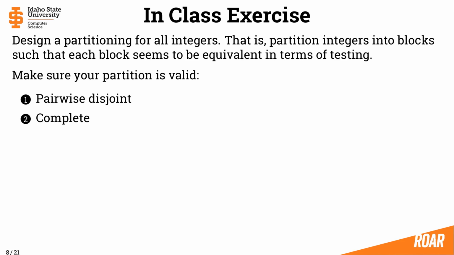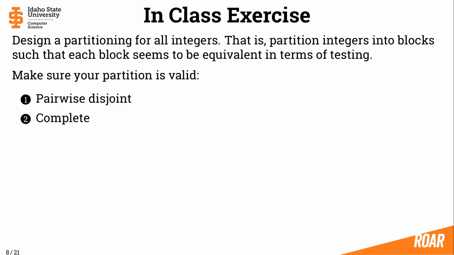Another approach might be to think of it as, well, how might we break these down? We could also think of even and odd, right? Negative and positive are characteristics of integers. Another characteristic might be even or odd, okay? Now, we break that down, and then we have the same type of choice, right? So we have all the even numbers, all the odd numbers, and then the question becomes, do we need to